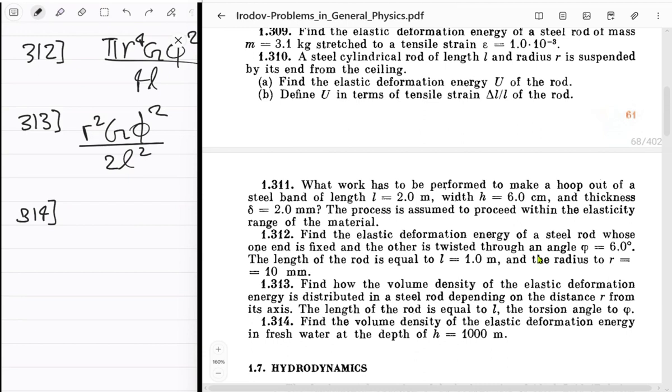Find the volume density of the elastic deformation energy in fresh water at the depth of h is equal to something. What? Volume density of the elastic deformation energy in fresh water. Oh god. This is very weird. In fresh water, huh? The work done by fresh water is also supposed to be accounted for, right? Yeah,